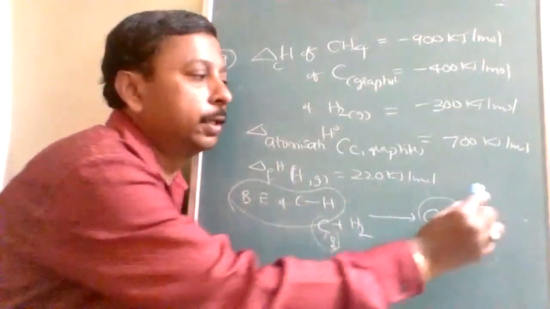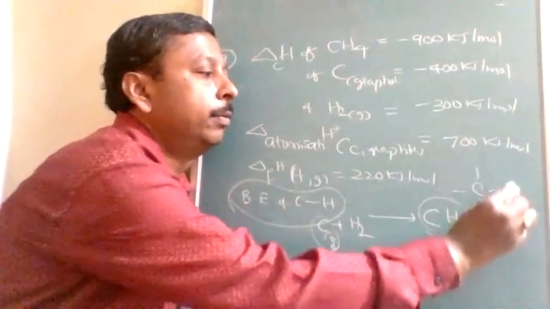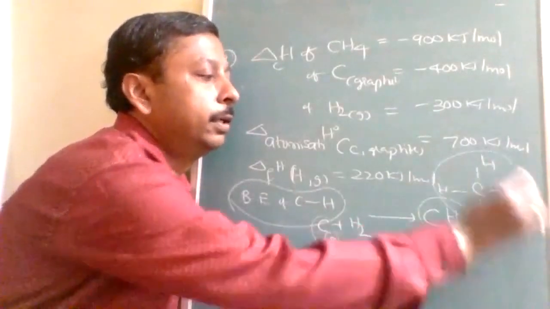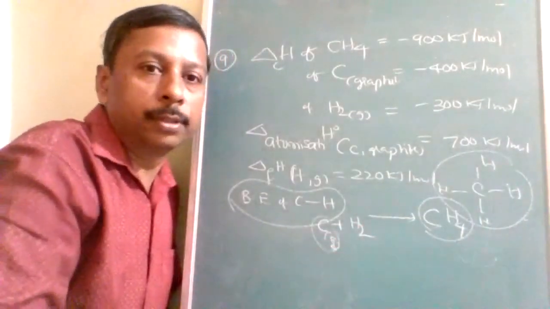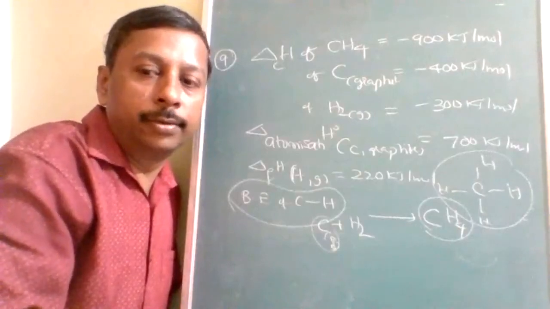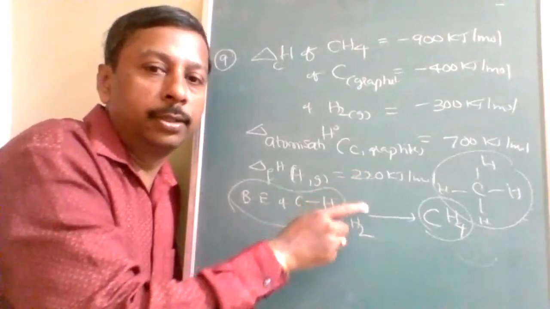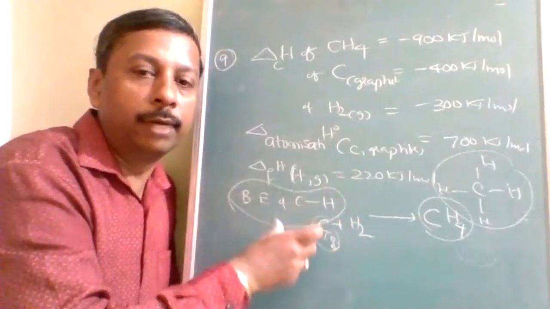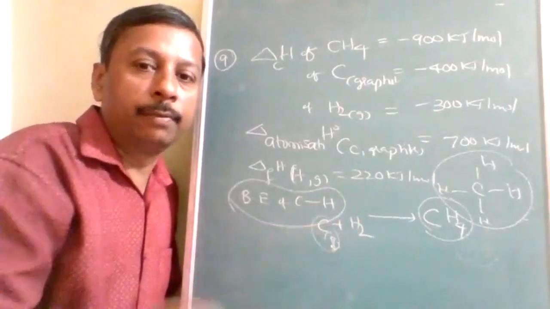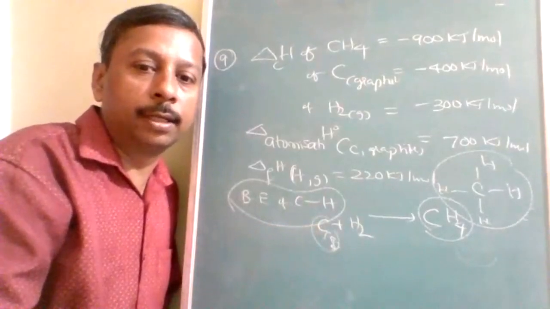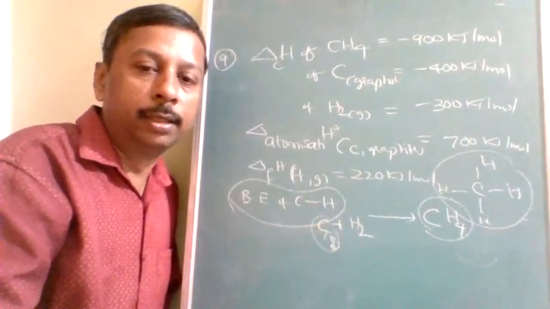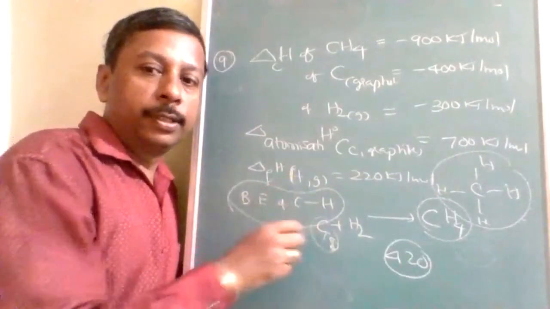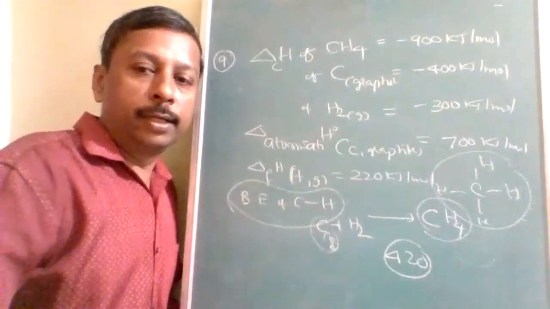In CH4 enthalpy of formation, there will be 4 single bonds. So the answer we will get, it is because of how many bonds? 4 bonds. So when 4 bonds energy you got and you want energy of 1 bond. Question is about bond energy of 1 bond. So divide it by the 4, then you will get the 1 bond energy. Okay, first only single bond energy, you will get the answer. After simplifying in the procedure, we will get 420.